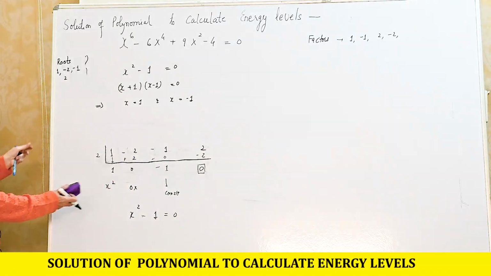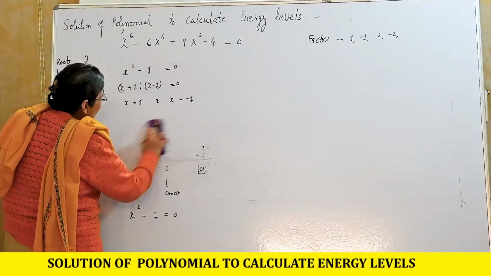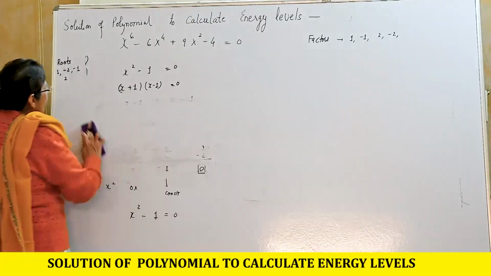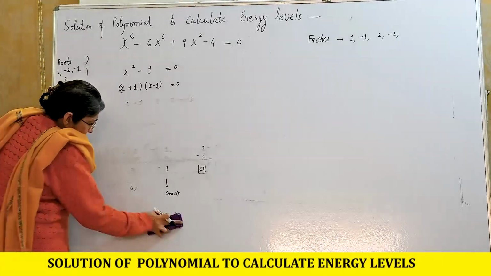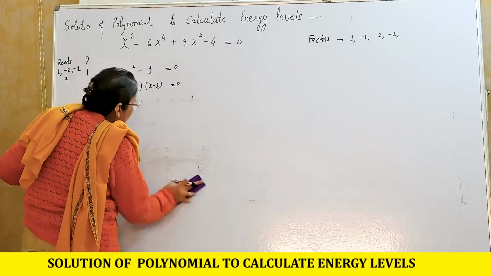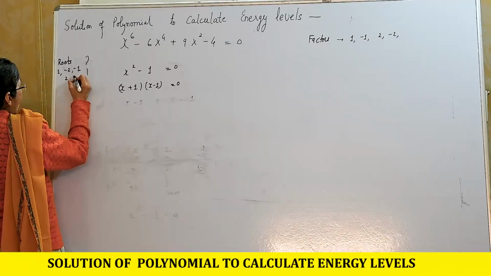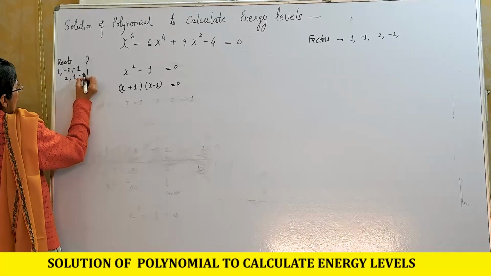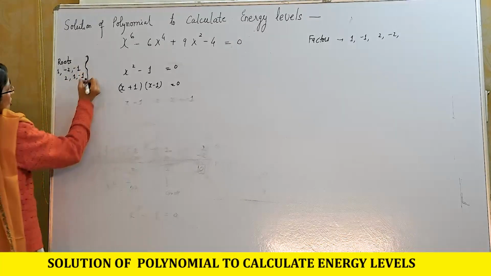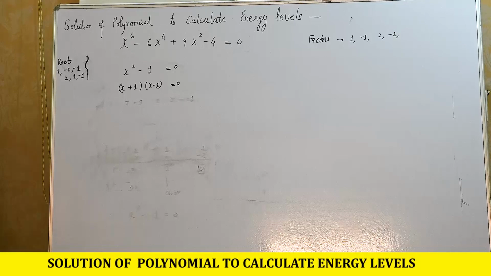So we have got 6 roots. Now with these roots which we have got after solving the equation, and this is again 1 and minus 1. These are our roots. So one by one we can solve the energy levels for